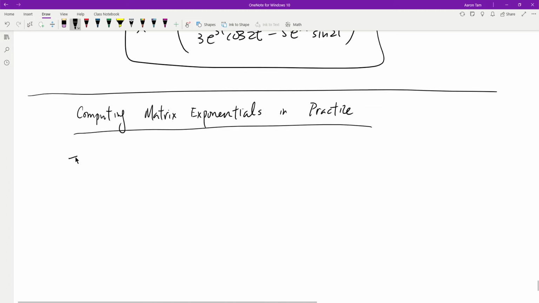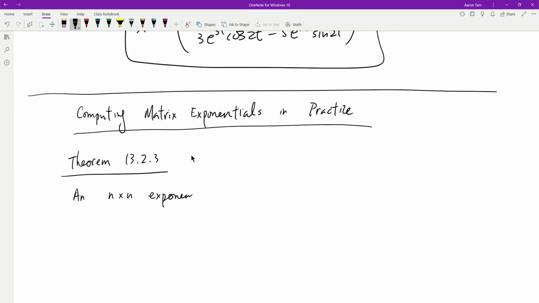So here's the theorem that will allow us to do that, which is called theorem 13.2.3. You will be asked to use this theorem to calculate e to tA on your next test. So make sure you pay attention and know what's going on. So theorem 13.2.3 says the following: an n by n matrix exponential e to tA can always be reduced